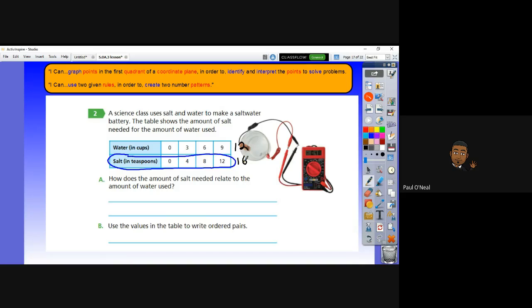The way the amount, and it could be a variety of different answers, right? But we just want to see how could it relate to the amount of water used. The amount of salt, I'm just going to shorten it, relates to the amount of water. My board is messing up, so I'm just going to kind of shorten what I'm going to say,